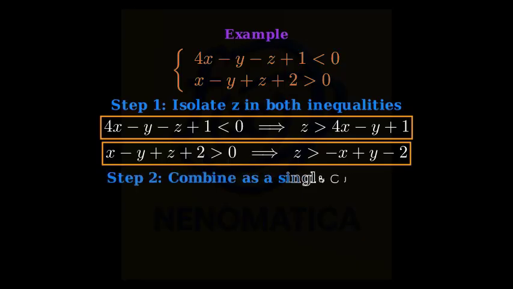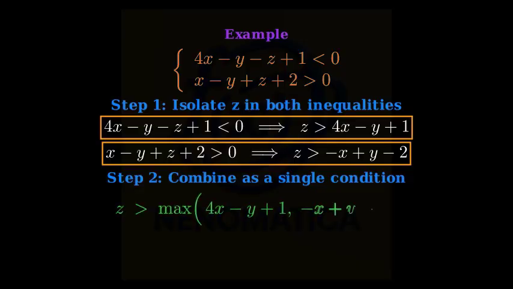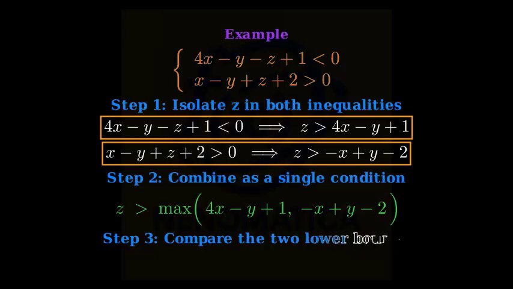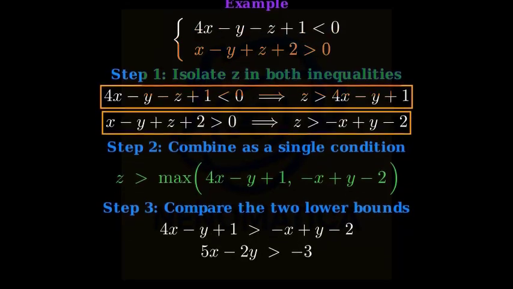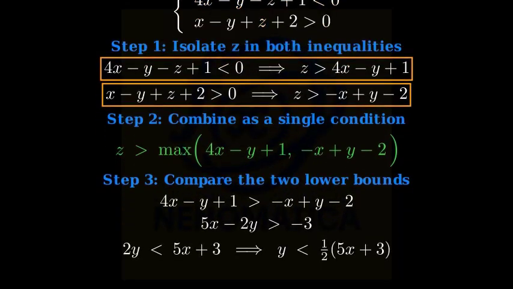Step 2. Since z must be greater than both lower bounds, it must be greater than their maximum. Step 3. Decide which expression is larger by comparing them directly. We test whether 4x minus y plus 1 is greater than negative x plus y minus 2. Gathering like terms, we obtain 2y less than 5x plus 3, or equivalently, y less than 1/2 times parentheses 5x plus 3. That line in the x-y plane